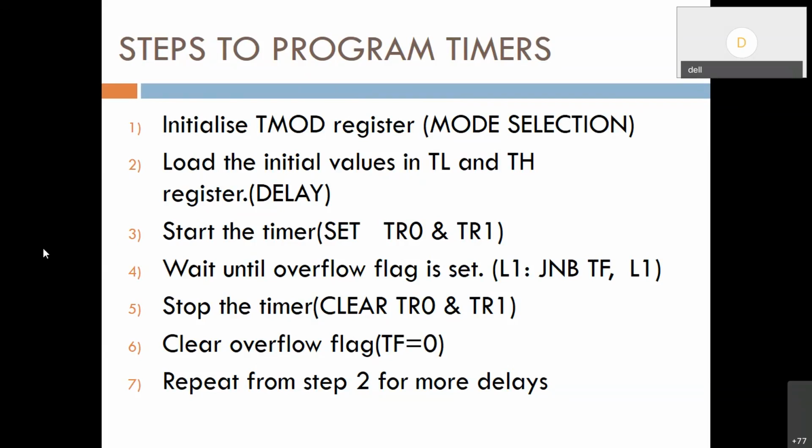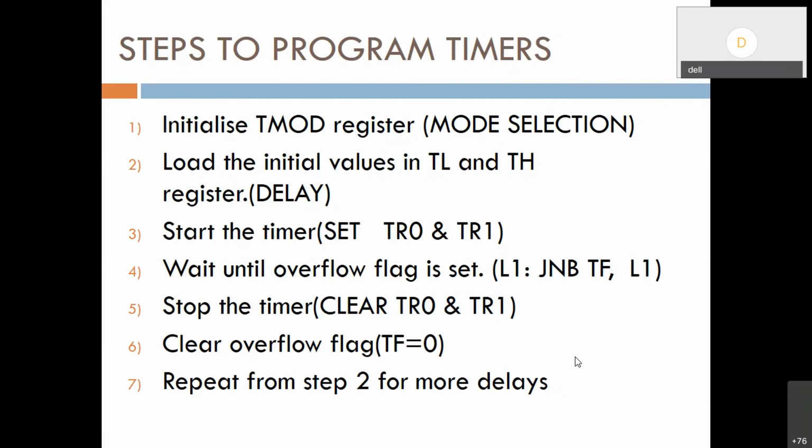Okay. Now let us say we want a delay of 1 millisecond. Then we will start the timer and wait until the 1 millisecond. So this is the fourth step. In the fourth step, wait until overflow. What is the meaning of overflow? There is a maximum value, as I mentioned, FF, above which if any extra one clock pulse comes, it shows overflow. Overflow means it has completed its counting and it gets rollover. Rollover means it will come back to 0000 and also it sets the overflow flag called TF.